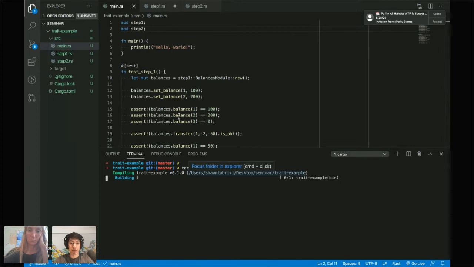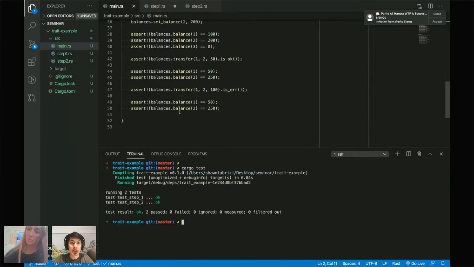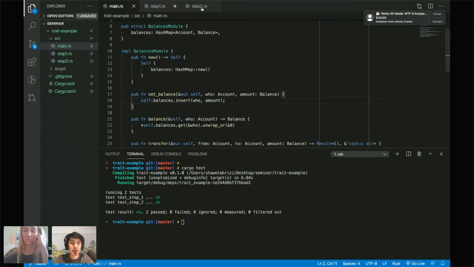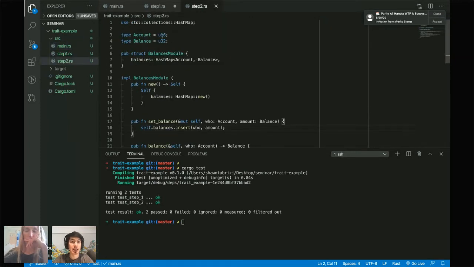This is already a step better, right? But even still, what we've done is hard-code these type aliases into the module. This is not the flexibility that Substrate provides you. Substrate provides you with the flexibility to define the types in your runtime configuration. This can be illustrated well if we had two different modules that want to use the same type. Right here, we just have balances, and I think there are simpler solutions for just one thing. But let's say we have two modules, a balances pallet and a voting pallet, and in the voting pallet we want to use the same notion of accounts as we have in balances.